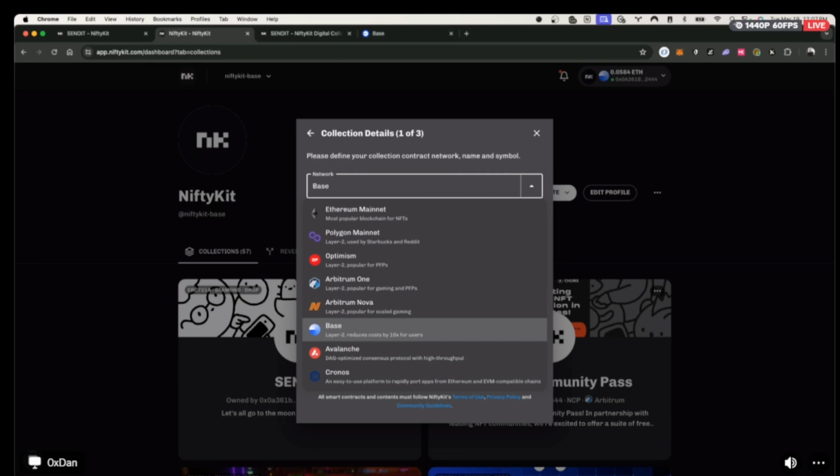So what we're going to do today is we'll use Base. Layer 2, we want to reduce the amount of gas that it costs, not only for our mentors, but we're going to be interacting directly with the smart contract. We own the smart contract. It's going to be connected to your wallet. And with Base,